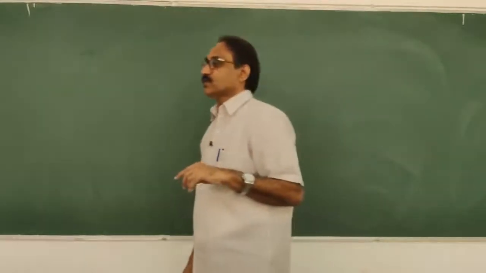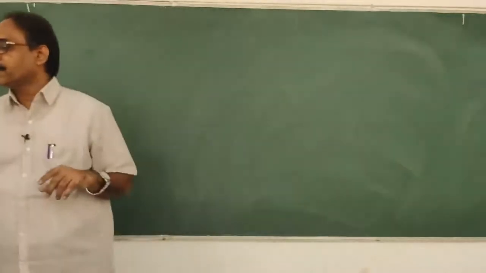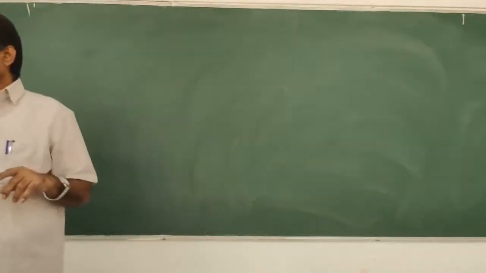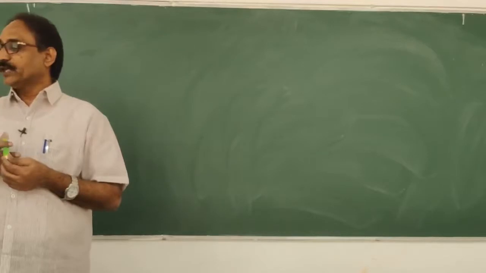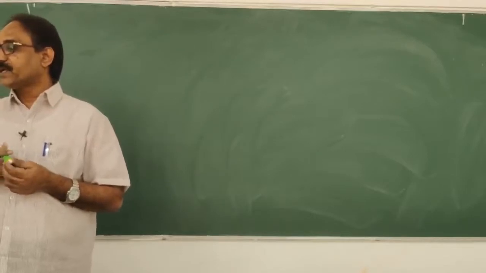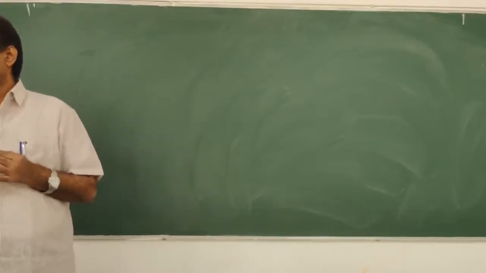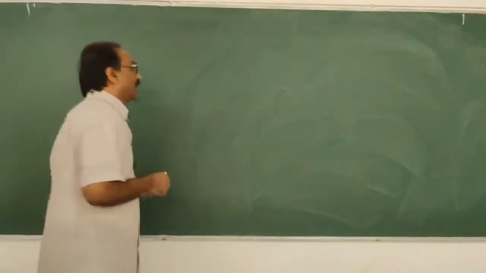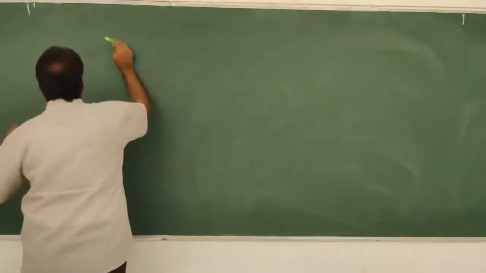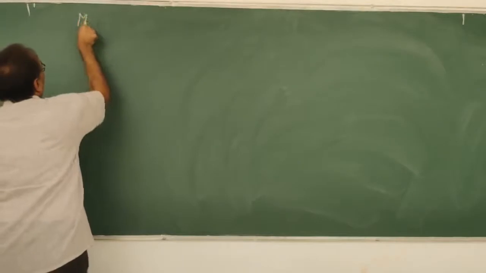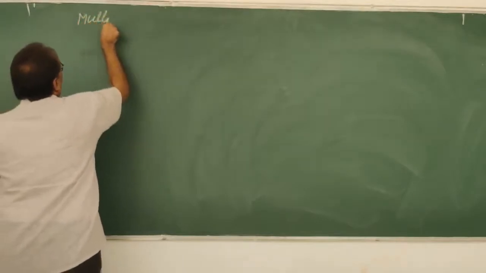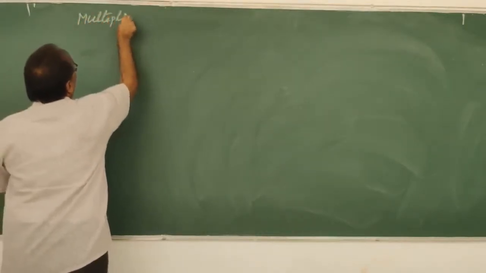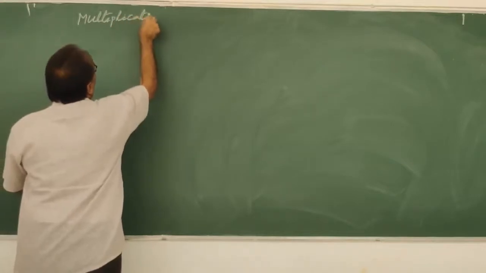Now, this is the multiplication theorem on probability. I'll read here. We know that the conditional probability of event E, given that F has occurred. So that's why, whenever you want to do the multiplication theorem, I'll write multiplication theorem.